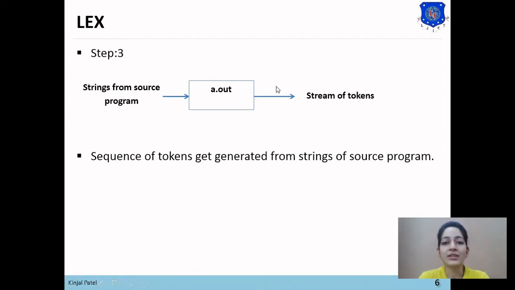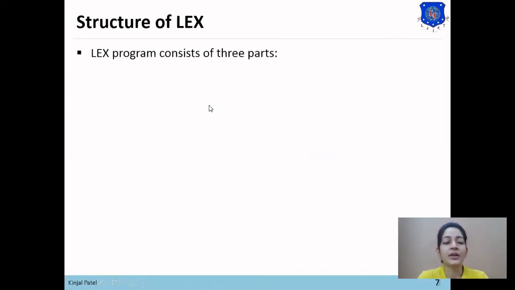We can also use a program written in C language which can generate the stream of tokens, but the Lex tool is faster. Now we'll see the structure of a Lex program.